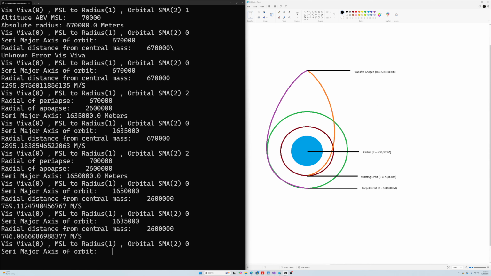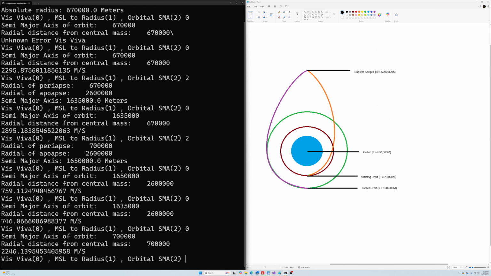At 100,000 meters above mean sea level, the semi-major axis of our orbit is of course just the radius of the planet added on to our altitude above mean sea level. In this case, that would be 100,000 meters plus 600,000 meters, giving us a semi-major axis of 700,000 meters. Our radial, of course, being that exact same value because it is a circular orbit,